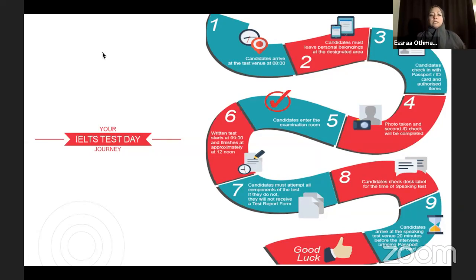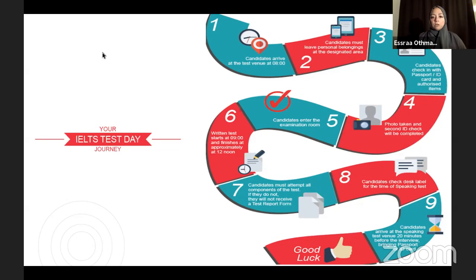Now, once you're in, the written exam will start at 9 o'clock sharp, which means a few minutes before 9, they will start distributing the papers. You will have your exam paper and your answer sheet. You're not allowed to write on any of them until they give you the start mark, okay? You are going to have around 2 hours and 45 minutes in total, because this would be 60 minutes for reading, 60 minutes for writing, and 40 minutes for listening. And of course, you have a few minutes in between for collecting and distributing exam and answer sheets. So you finish around 12 o'clock. Okay, so let's say it's almost 3 hours. After that,